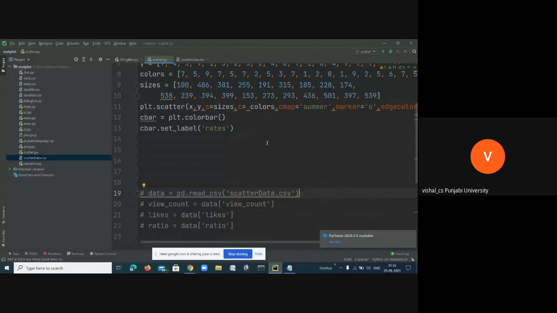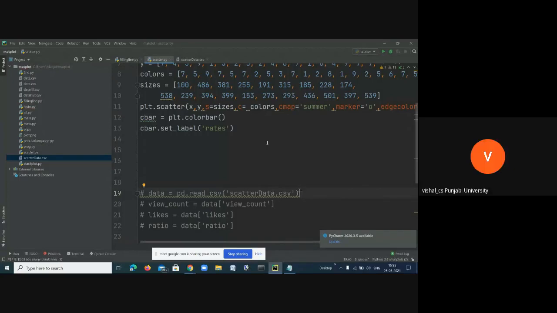Tomorrow is for time series. The day after tomorrow is how to do data analysis with live data. And the third is subplots. On Friday, I will teach you how to draw subplots.